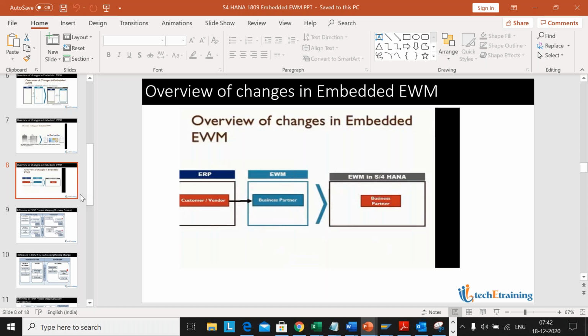I got confused here again. That means in 1909, we also have decentralized EWM too? See, in 1909, only S4HANA 1909, it's not that we can be connected to your decentralized EWM. Oh, okay. But maybe the technology is moving towards